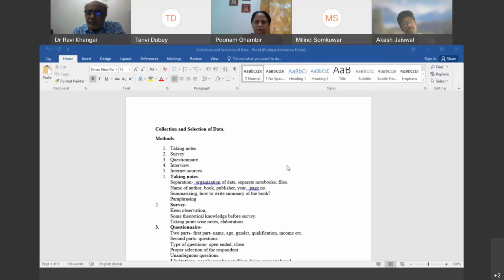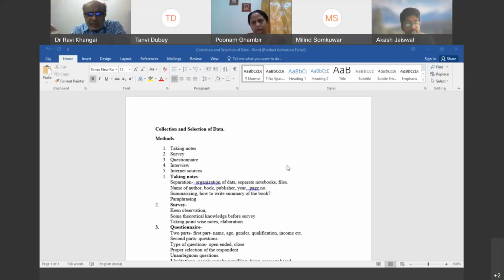And before you go for survey, it's quite important that you have some theoretical knowledge of the subject. For example, if you are studying, let us say, the temples constructed during the Bhosla period in Nagpur. Unless you have something at the back of your mind, that is the reason in the last class I told you about the need of referring to the secondary sources first before you begin your research. So some theoretical conception should be there in your mind. What are the important temples of the Bhosla period in Nagpur city? Only then you can have a list, and then you can go to one after another.